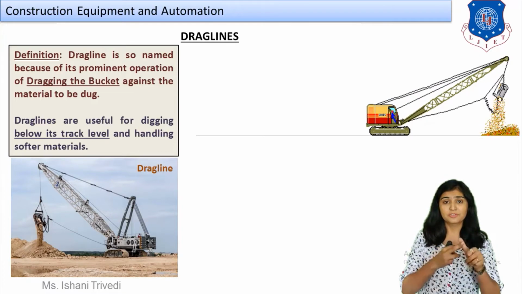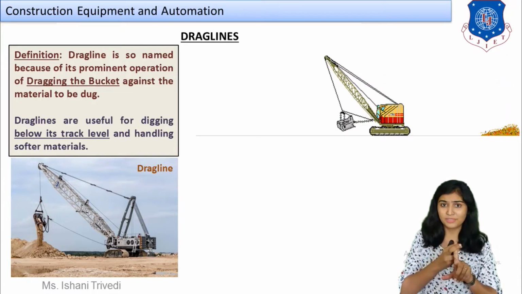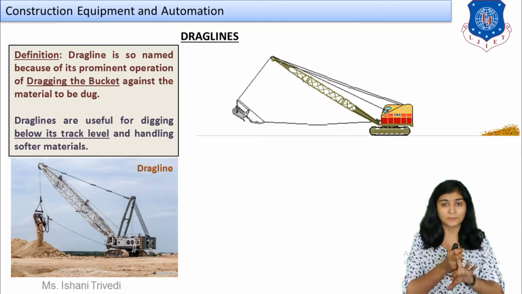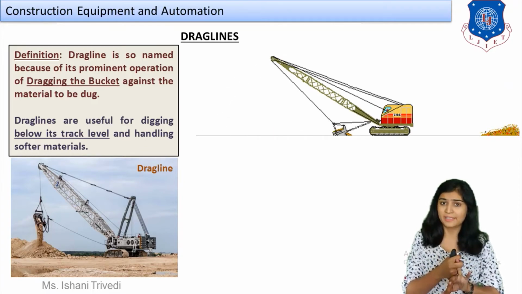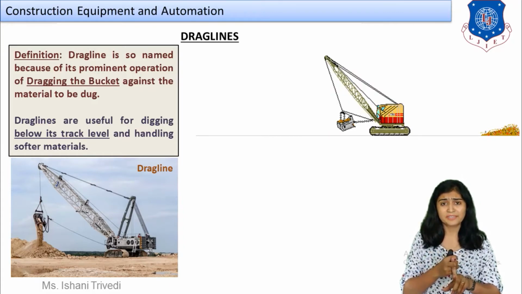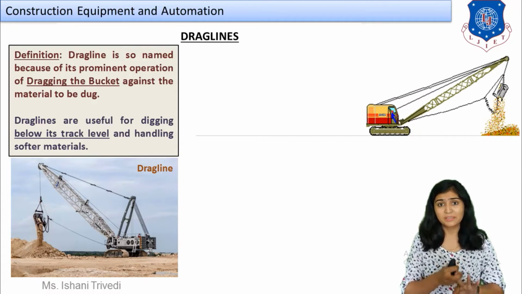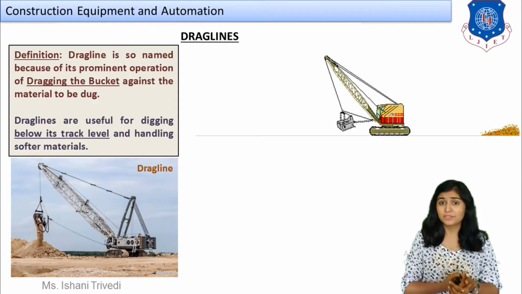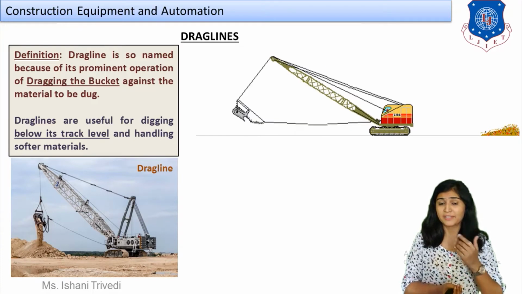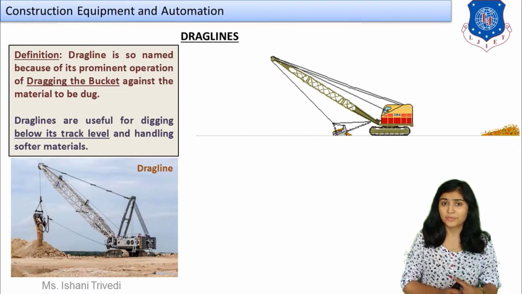Can you see? First of all, it is crawler mounted. We have generally two cases: wheel mounted and crawler mounted. In the drag line, you can also have a truck mounted drag line. So here we can see that it is crawler mounted, it has an operating cabin, and a skilled operator will be staying inside. Also students, we have to discuss the various factors which will be affecting the output, the performance of all types of equipment.